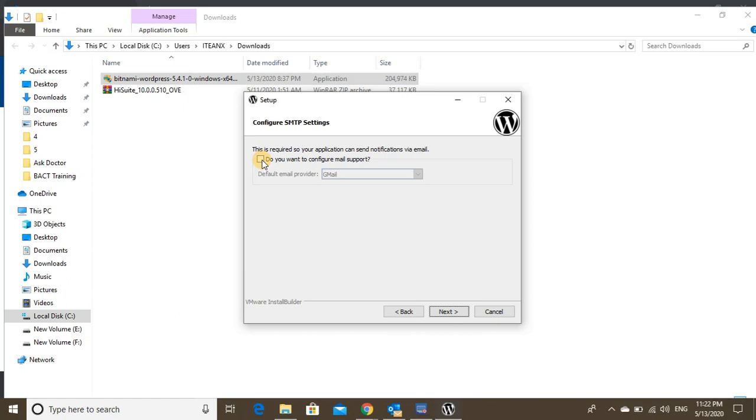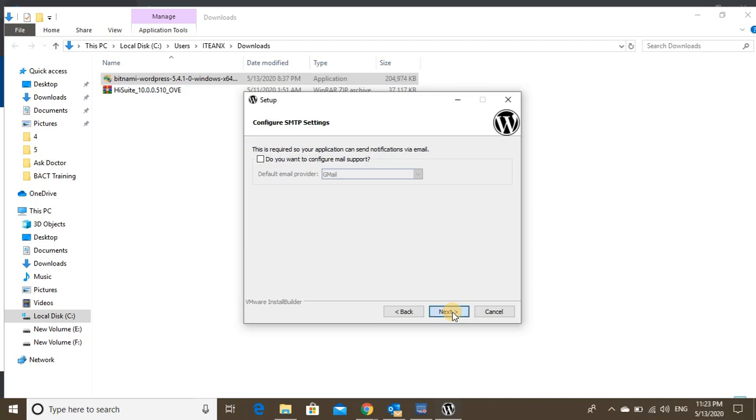If you want this, then click on this box, select Gmail or custom, and then click on the next button. I would not prefer it, so I will simply click on the next button.